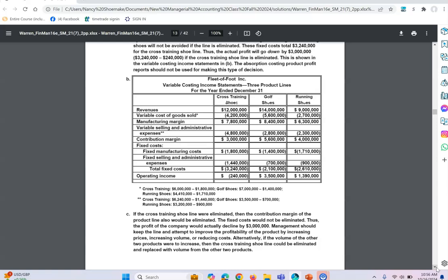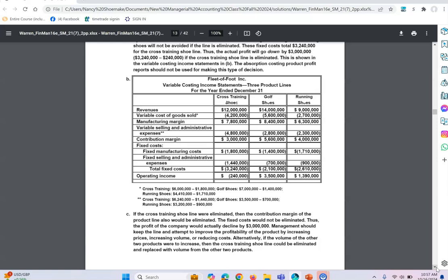We've got our manufacturing margin. We take our variable selling and admin expenses to come up with our contribution margin. Then, if we take our fixed cost here as a period cost, you see the cross-training shoes would show an operating loss here of $240,000. Golf shoes would be a profit of $3,500,000, and running shoes